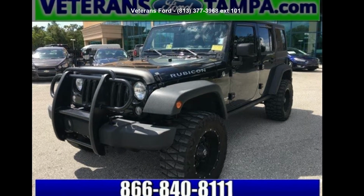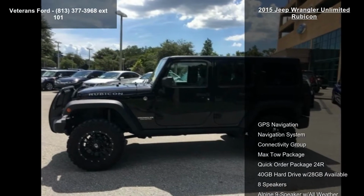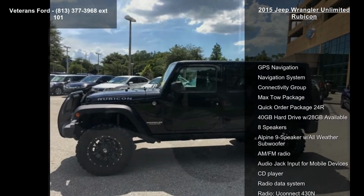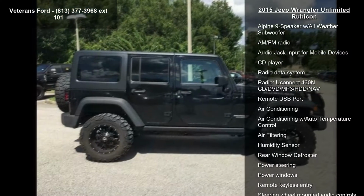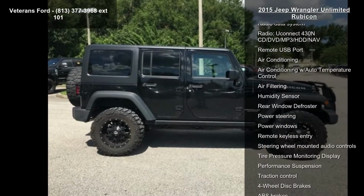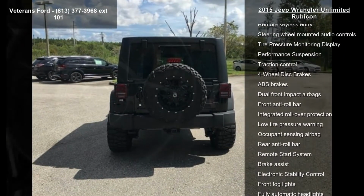Step into the Jeep 2015 Wrangler Unlimited Rubicon. If you are looking for a first-rate auto, this one could be yours today. This vehicle's top features include GPS navigation system, connectivity group, max tow package, quick order package 24R, 40GB hard drive